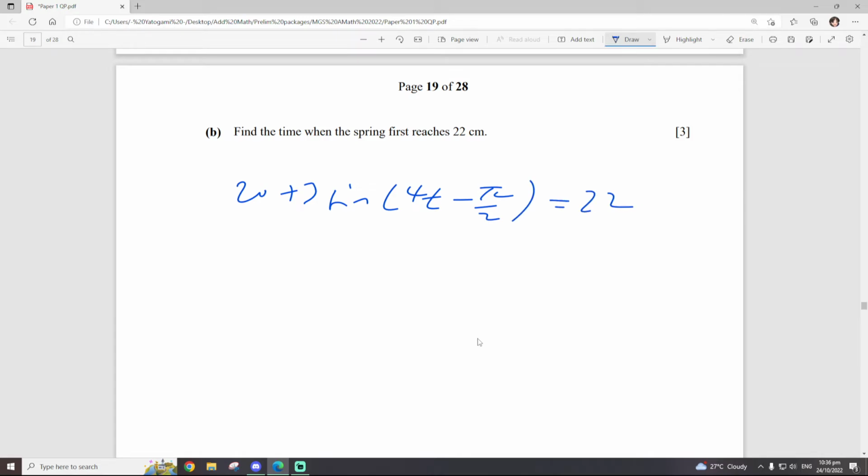Now, there's an identity. When you take sine x minus pi over 2, that's actually negative cosine. So I will write 20 minus 3 cosine 4t equals to 22. And of course, one can simplify this a bit. If I bring the 20 over, we'll get cosine 4t equals to negative 2 over 3. And then one can solve basic angle